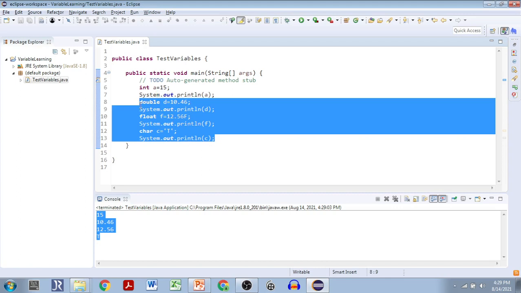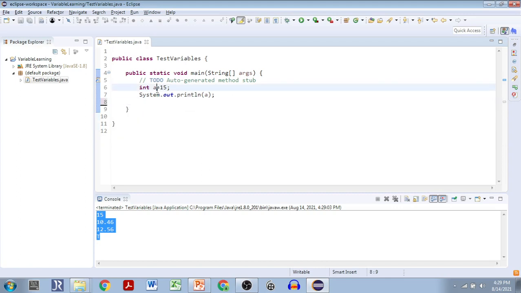Now we'll see how naming affects a variable. Naming can be anything. You can give any name. Any alphabetic name is welcome, but the name should not start with a number. If I give 1, 2, then see this, here it's showing an error. Syntax error on token 1, 2. Delete this token. So it's telling us that it should not start with 1, 2. It can't recognize that variable because the variable name given is wrong.